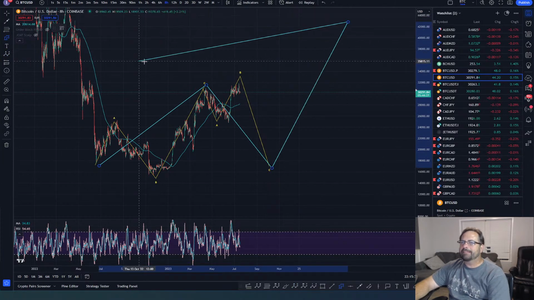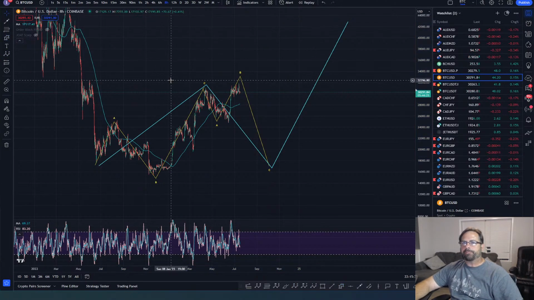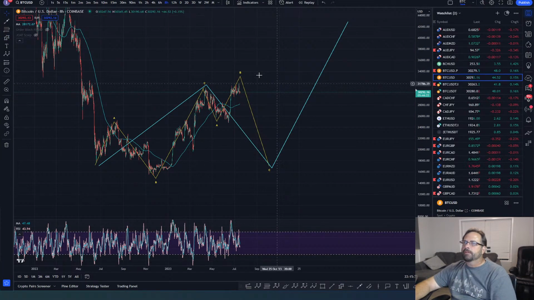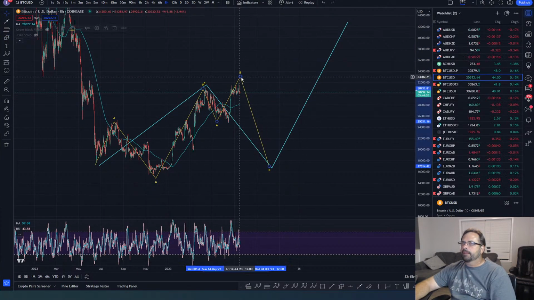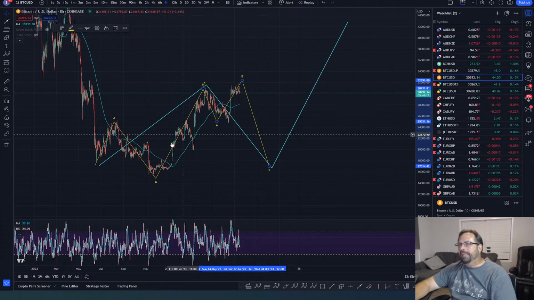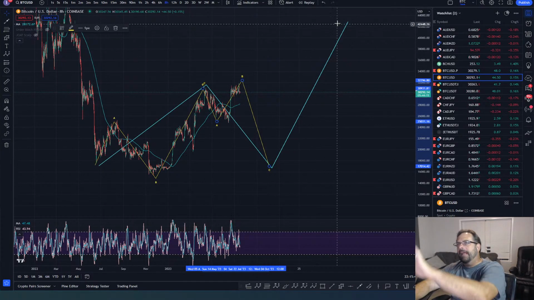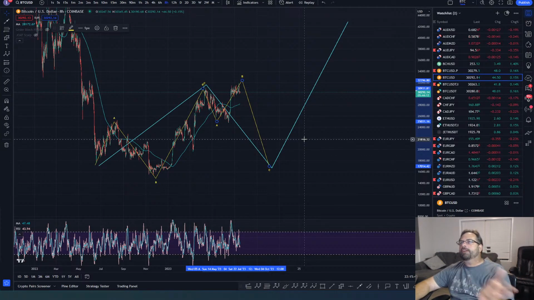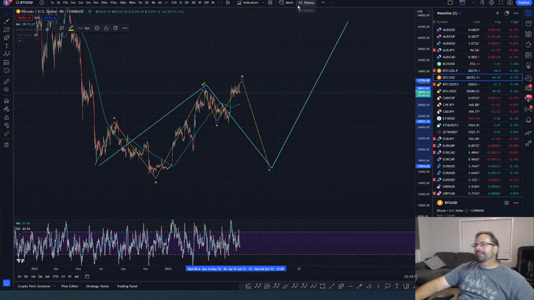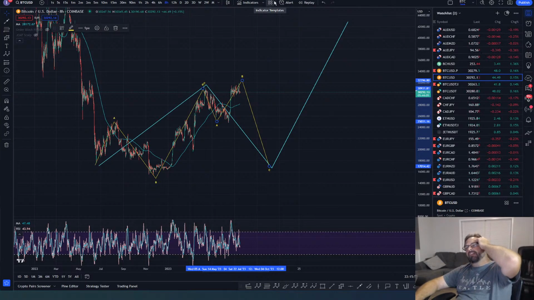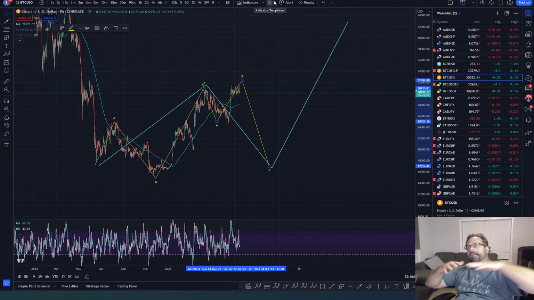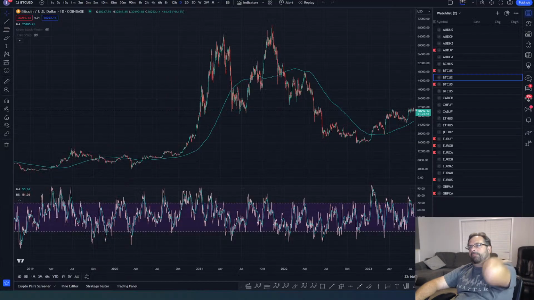So now, guys, what we need to do is take this shape of what we're expecting, and let's look at the rest of the market and see if we can see a similar shape being formed. In other words, does our analysis of Bitcoin, the heavy analysis that we've done of Bitcoin, kind of apply to the rest of the market? Is there a rhyming that all of the market is doing? Is the market rhyming?